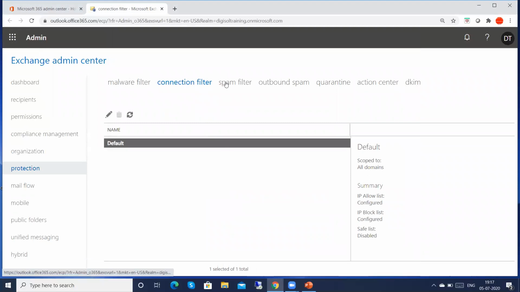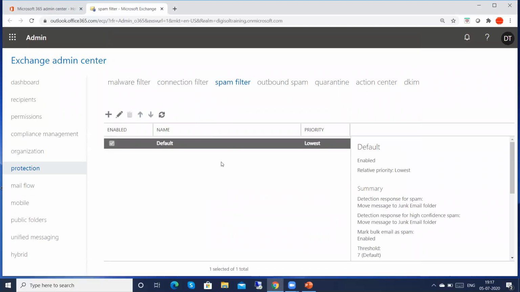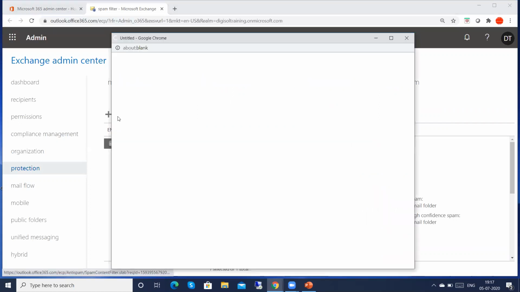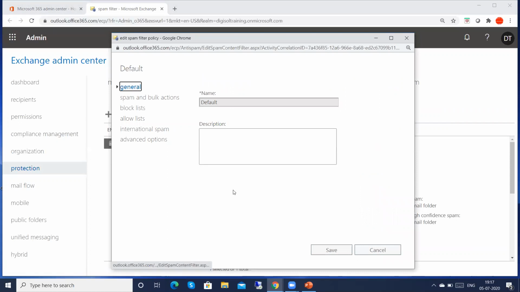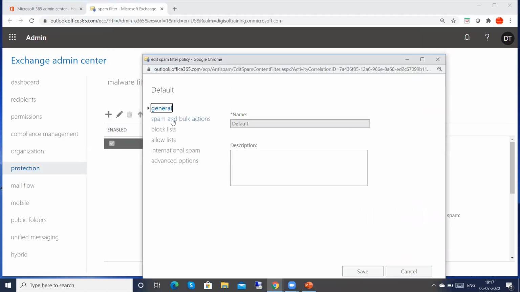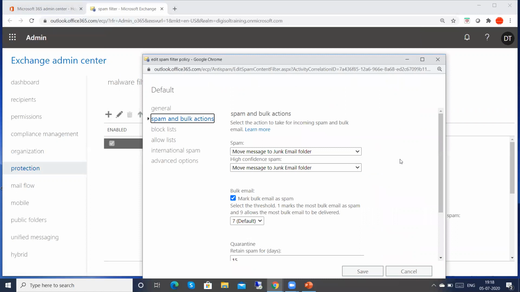And here is the spam filter. For the spam filter you can either create a new policy, or you can go with the default, right? So if I edit this, you have all the options, like general options and spam. You can choose how your message is handled: if it is spam, move the message to the junk email folder.